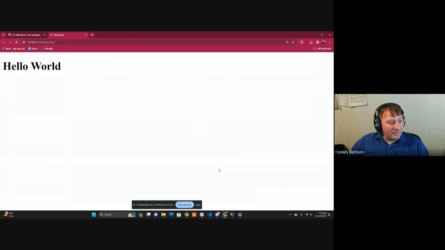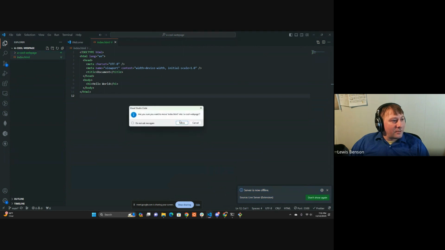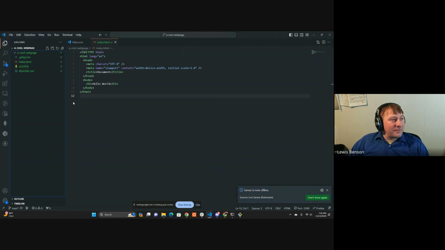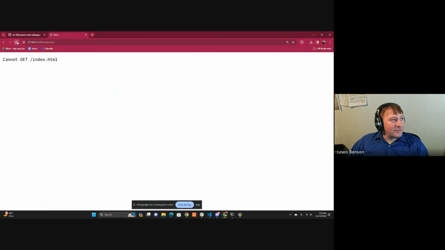Let me see if I can get that to work by opening and closing, just to show you. But the point is, my index is no longer, oh, sorry, it's not even in my, here we go. Now it's in there. That's why it was actually working correctly. Let me try this again. All right, so we get this error here, cannot get index.html. This is what I was talking about. Because my index is not in my root directory, which is what this slash is symbolizing, I'll have to